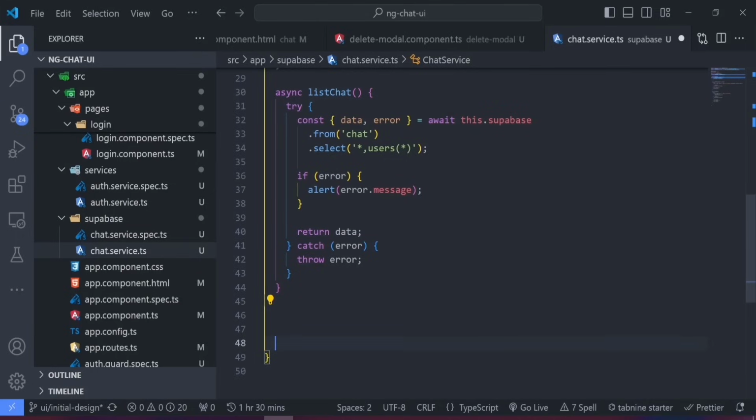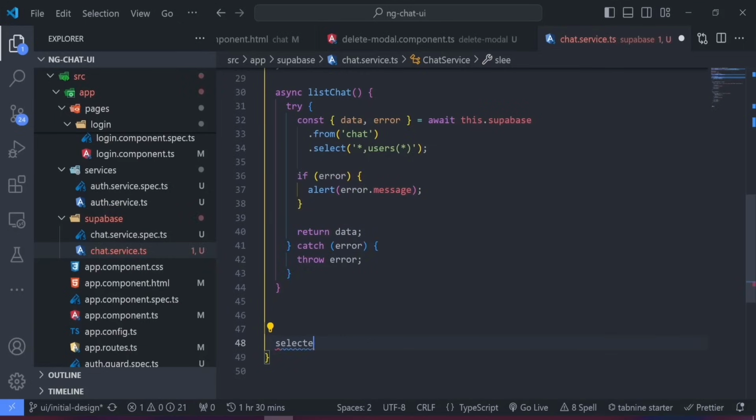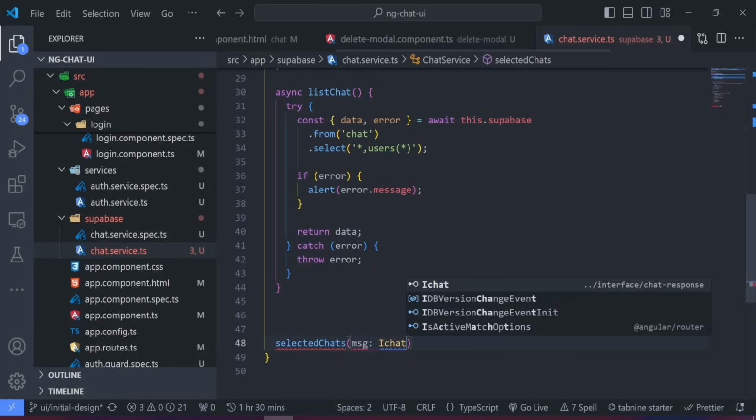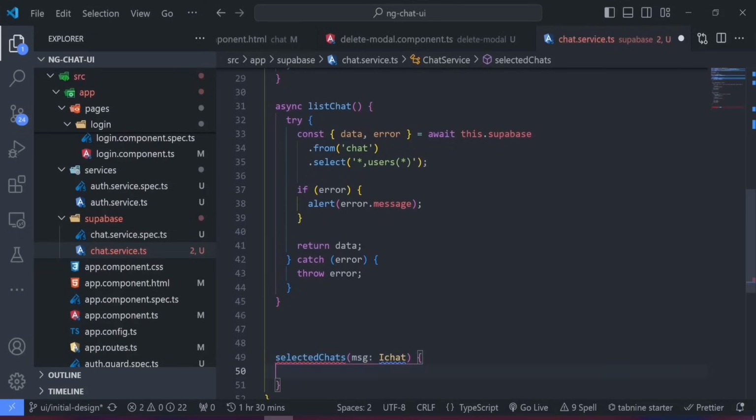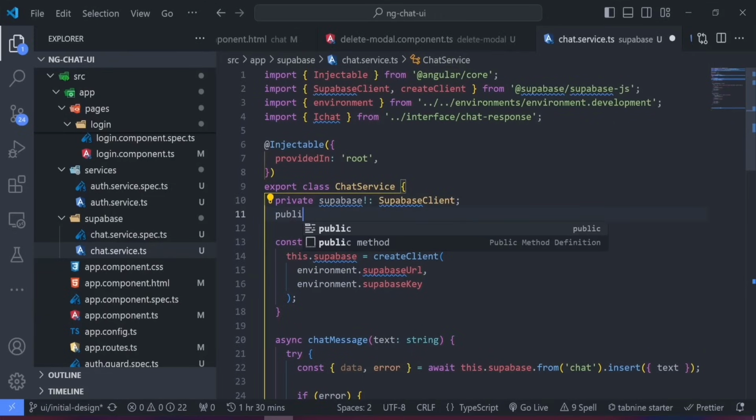So I'm just gonna call the method selectedChat. So let's just say selectedChat, and then it's going to have an argument of msg and then IChat, which is the interface. And then we can now create a signal above. So the signal is going to be called savedChat. So what I need to do is just to say public, because we want to access this particular signal in our modal. So we can just say savedChat is equals to signal, which is going to be an empty